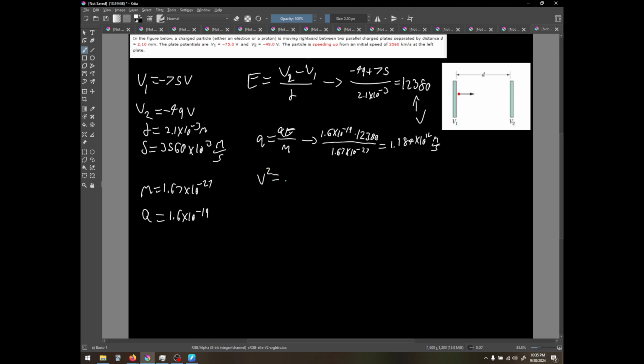V squared equals. They want the speed. It's going to be 3560. No, I gotta put it in meters per second, don't I? Times 10 to the third meters per second